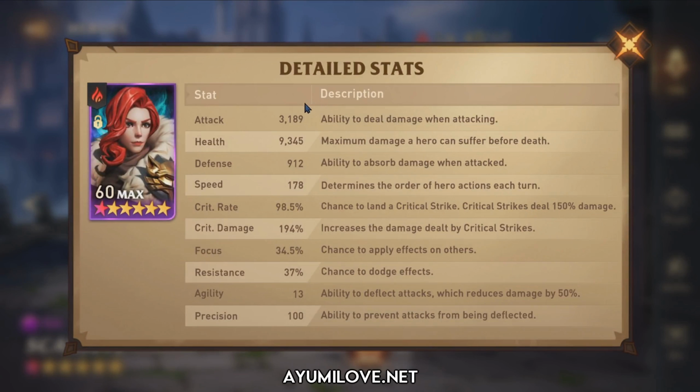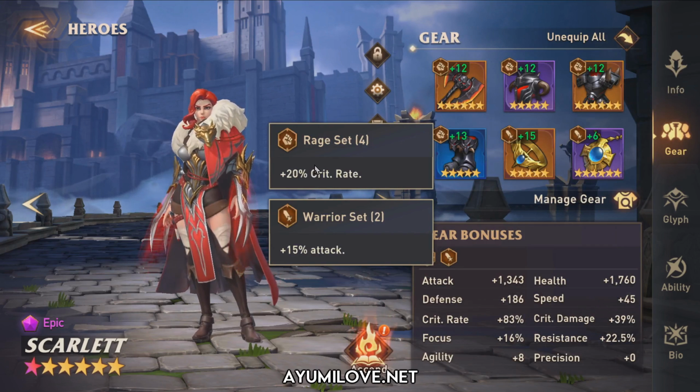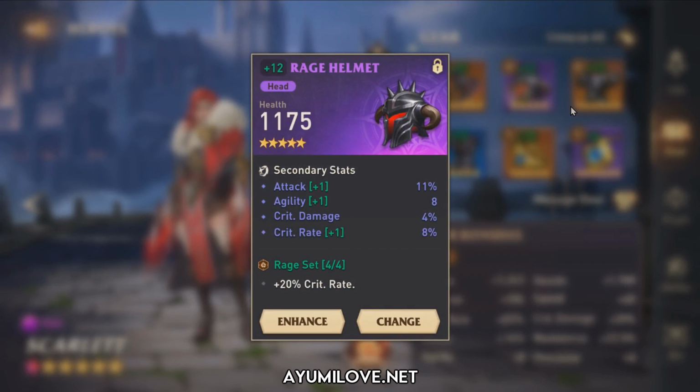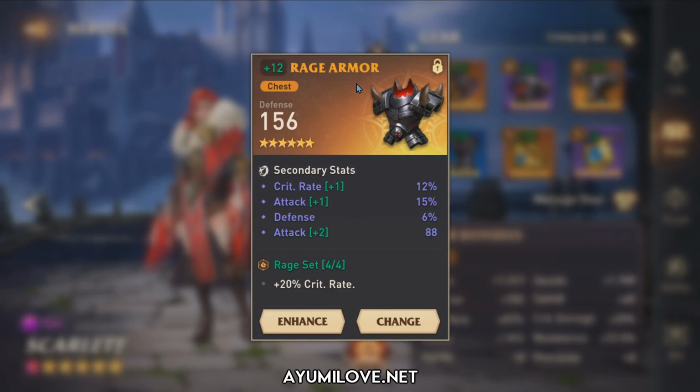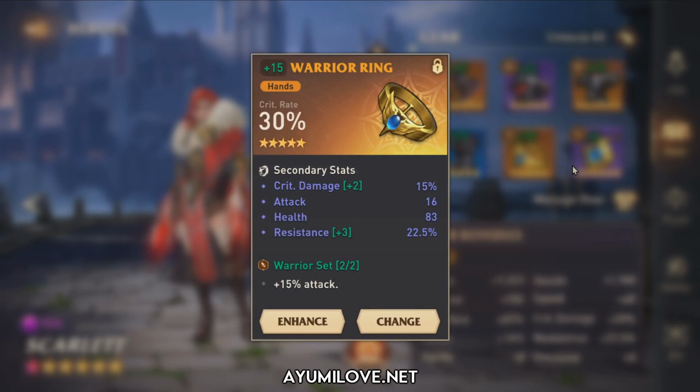She's the second fastest on the team for the Bane Wraith. So here are her total stats: 3,100 attack, 178 speed, close to 100% critical rate, 194% critical damage, and a decent amount of focus to apply her bleeding effect on the enemies. These are her gears, basically a rage set and warrior set. This is the weapon, helmet, the critical rate and critical damage chestplate, speed boots, critical rate ring, as well as